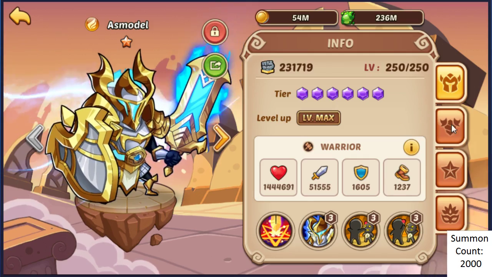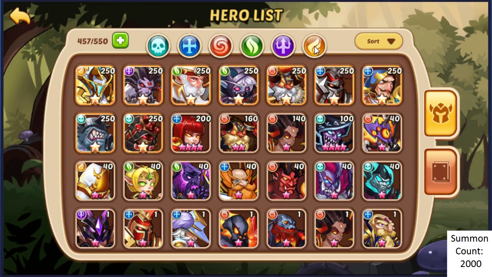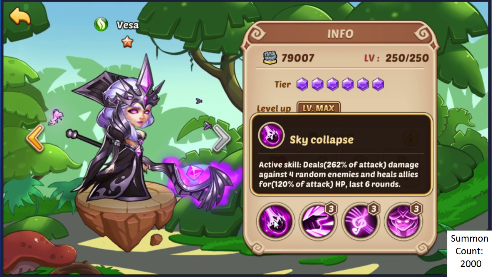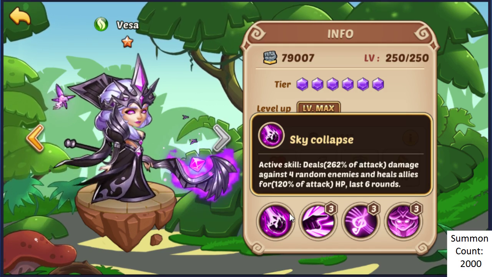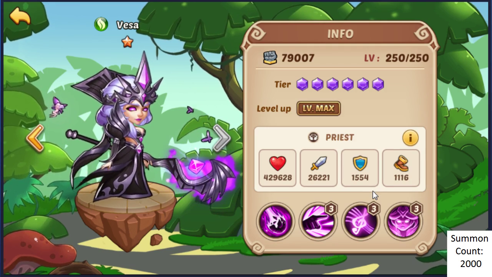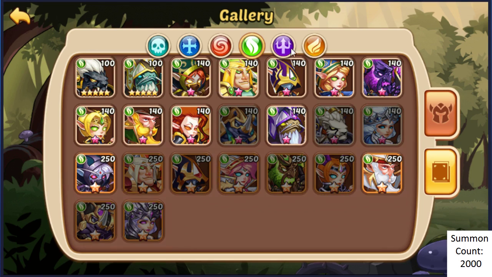If you haven't seen the artifact's final stats, it's 70% chance to hit, 25% attack, 60% skill damage. So if we go back to Vesa, Vesa is also a healer. Now, healers only get healing applied from their base attack value, which means that crits don't matter, skill damage doesn't matter, holy damage doesn't matter. The only thing you care about is scaling the attack. So to that end, attack is the most important stat for Vesa and any other healer, and because of that, the Antler, which has